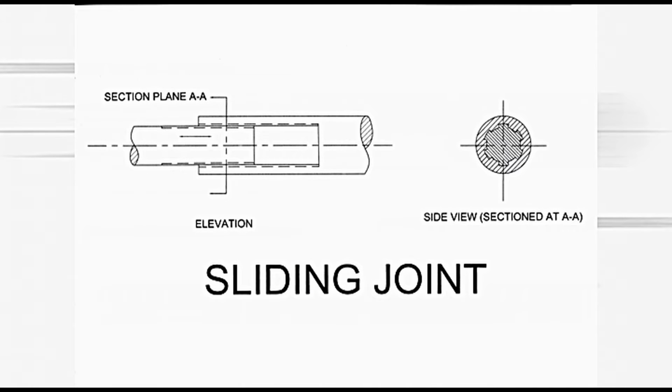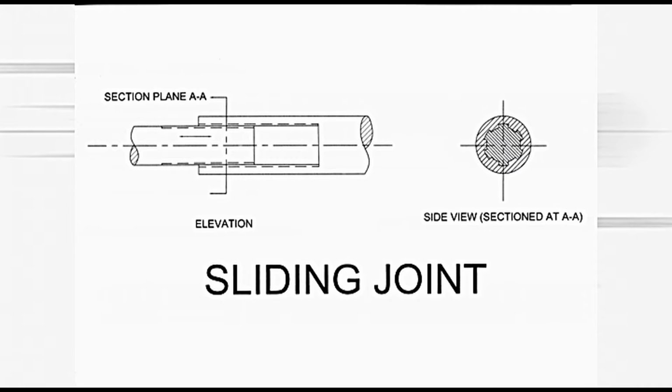The variation in length is provided in the propeller shaft by providing a sliding joint. A sliding joint is a simple joint in which splines are used. Splines are provided at the ends of shafts to be connected. One shaft is of bigger diameter, it has hollow end, and splines are provided on the inner side of hollow part. The diameter of other shaft is so chosen that it can slide inside the hollow portion of the other shaft. The end of this shaft is provided with matching splines.